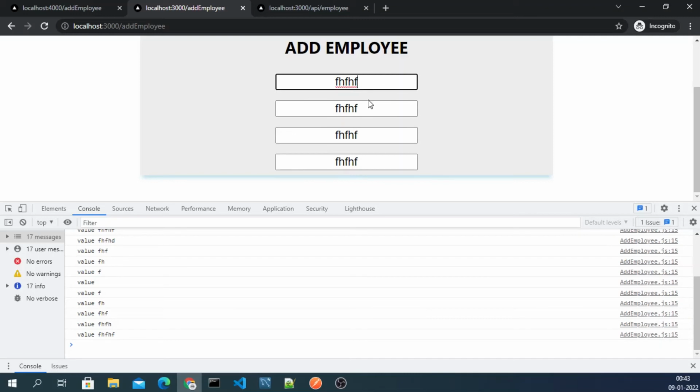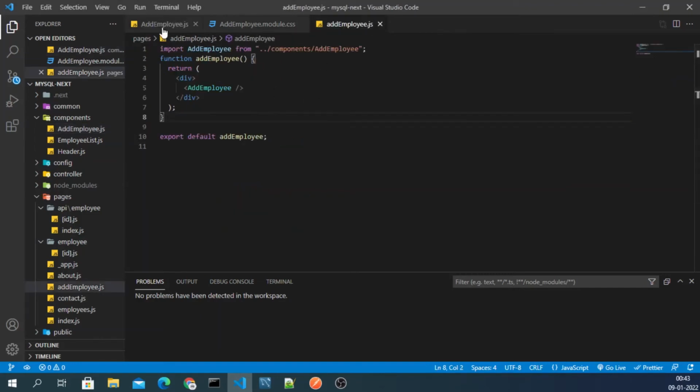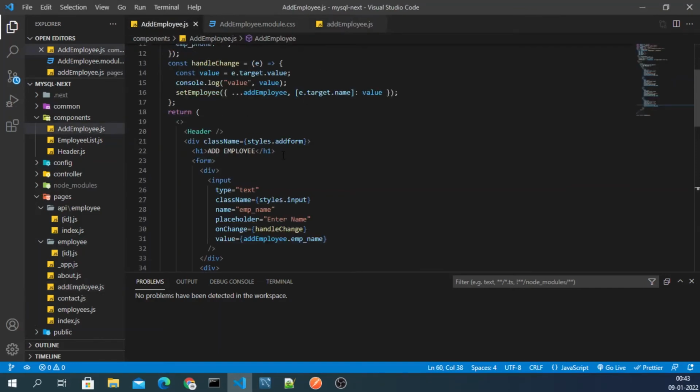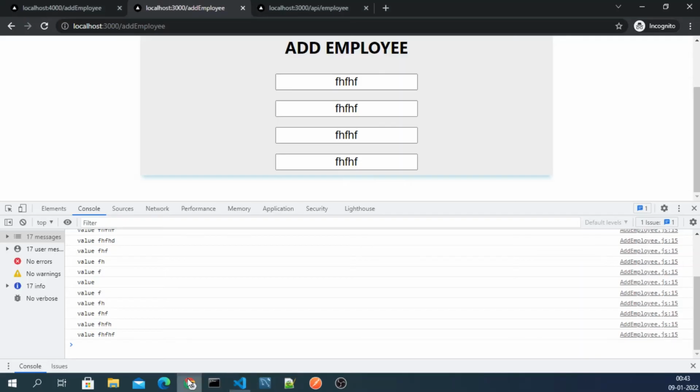Something is not working properly when I'm entering something. Let me have a look. Add employee. Let me see what is happening here.